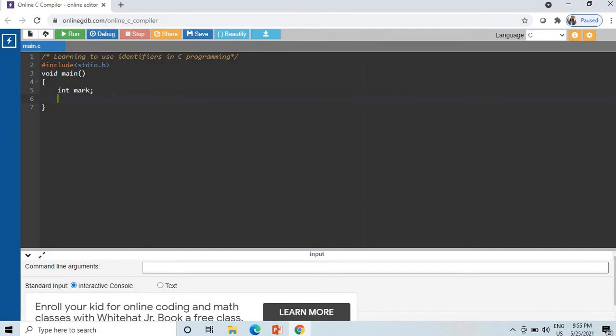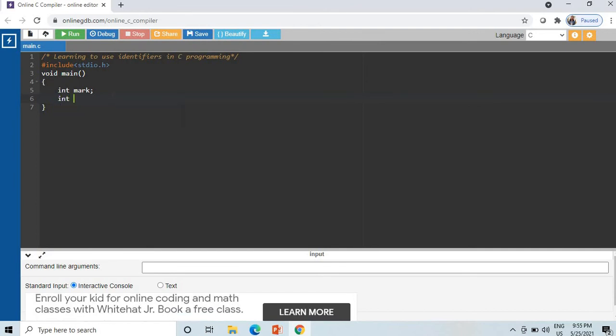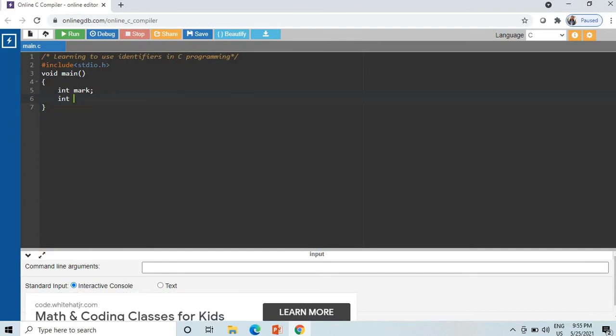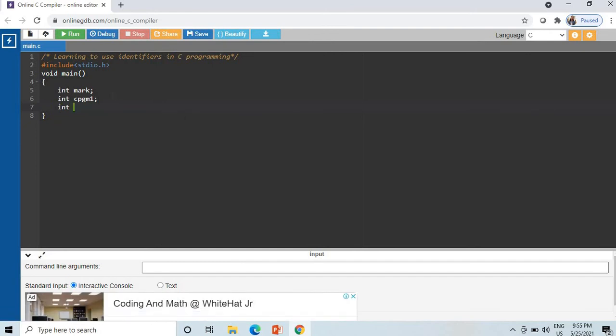If I want to store the C programming subject first test mark, I can declare it as int Cprogram1. If I want to name it as C program second test mark, I can declare it as int Cprogram_2.